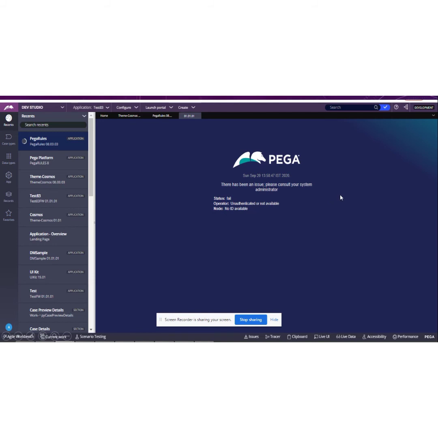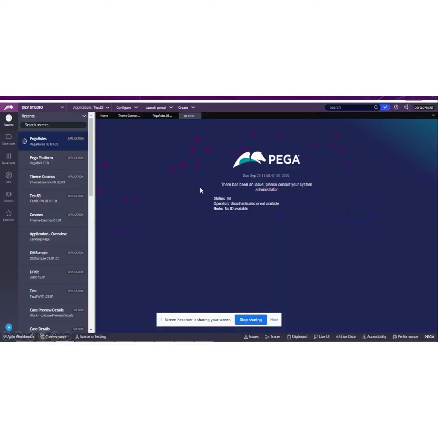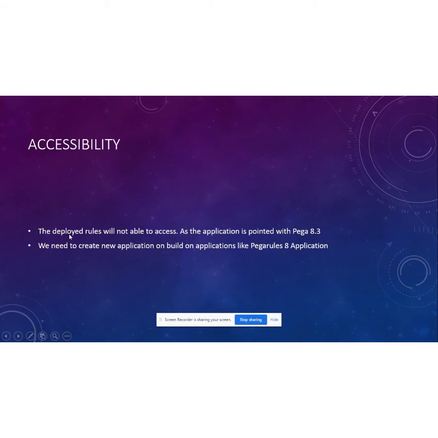So I requested my DB team or infra team to redeploy or take whatever backup they have. They cleaned the existing schema, or the two existing schemas, and then deployed or restored the earlier version. And then I started the other rules as well. Once I started rules, I uploaded the application later on. So if I add to here, to get this accessibility, we have to update the application.